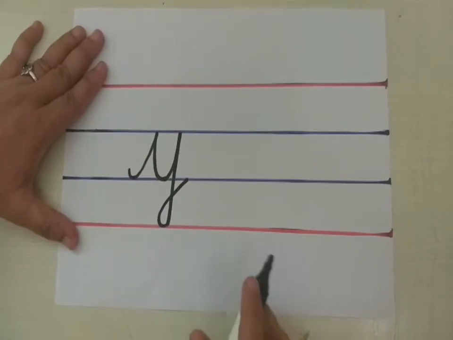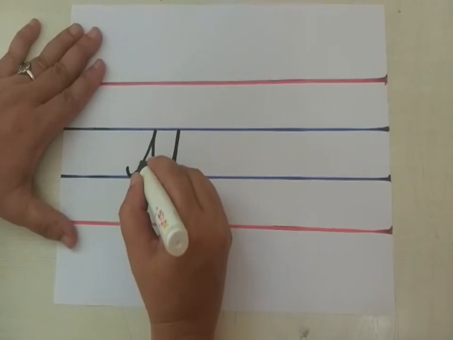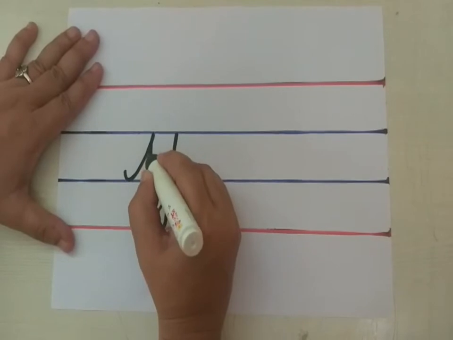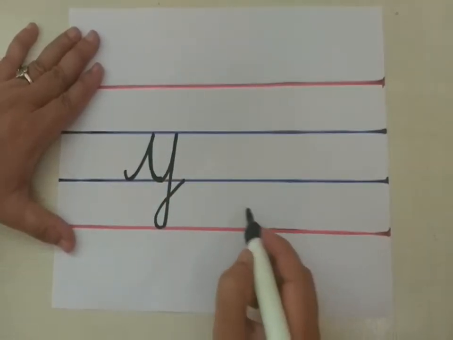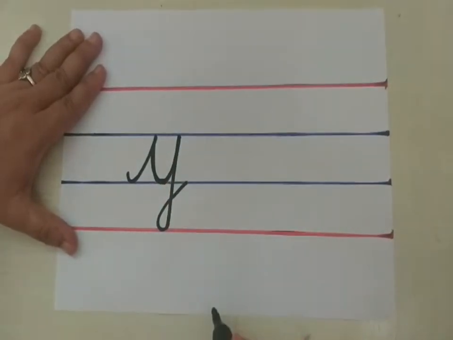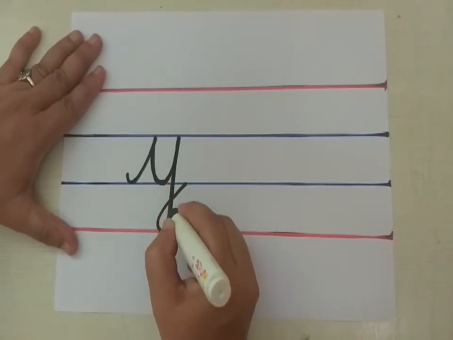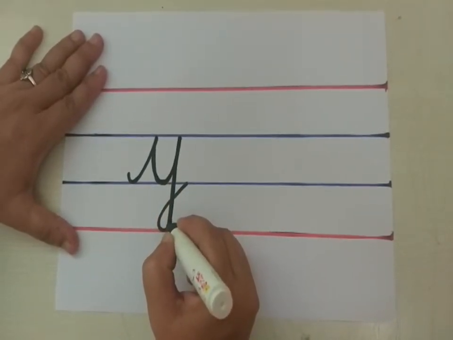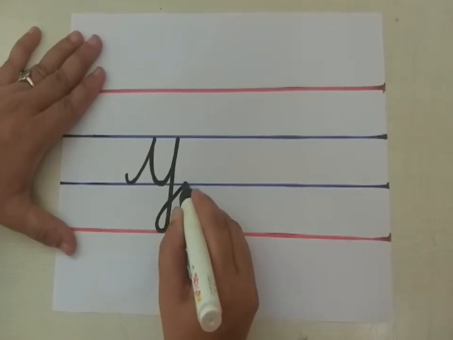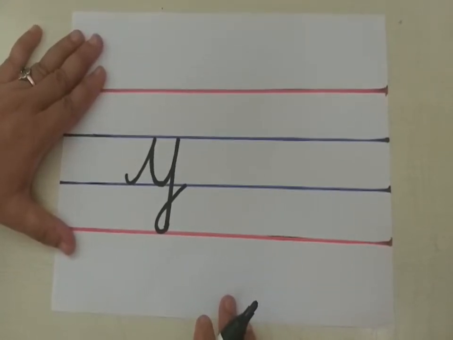Shall we write once again? Take a small curve. Go up to the second blue line, slanting line, children. Again come down to the third blue line. Go up to the second blue line again, children, like you have to write. Again come down, down you have to come, children. Down to the fourth red line, down. You have to turn like that and join this third blue line. Small cursive Y. Shall we write once again this sign?